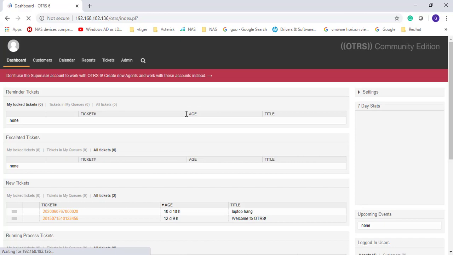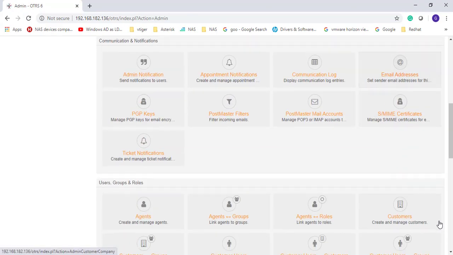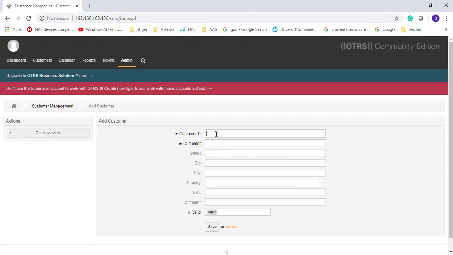and create the company. Let's go ahead and go to admin, customer, and create customer. I want to give a customer ID as a unique ID, C002. Customer is the corporation, company.